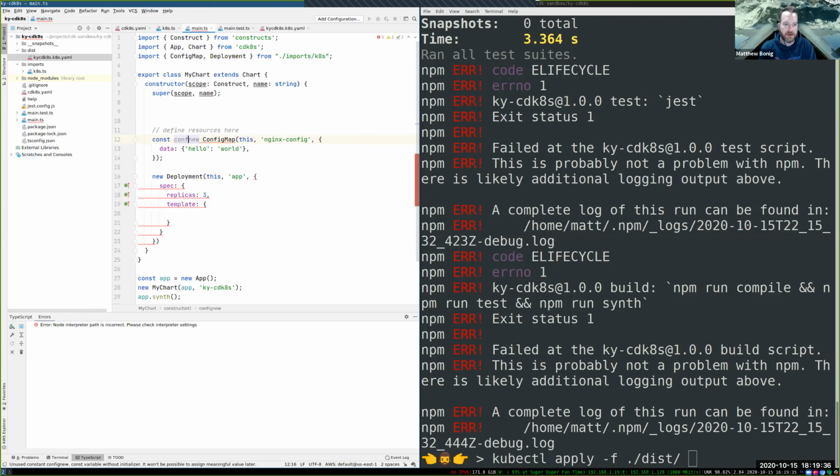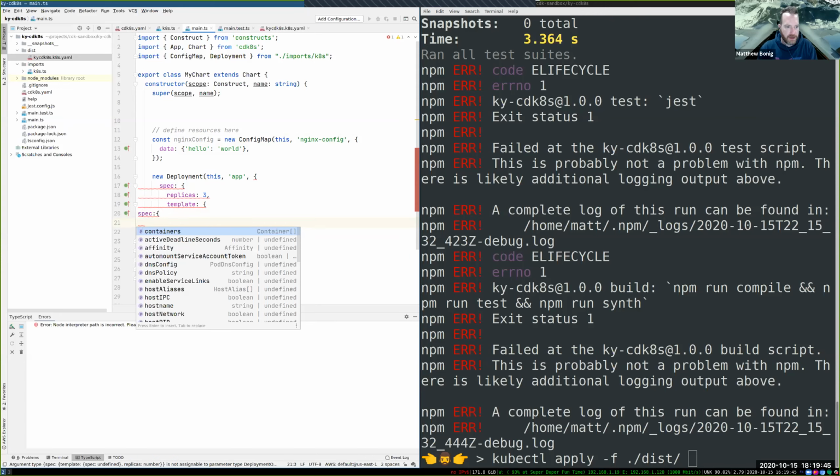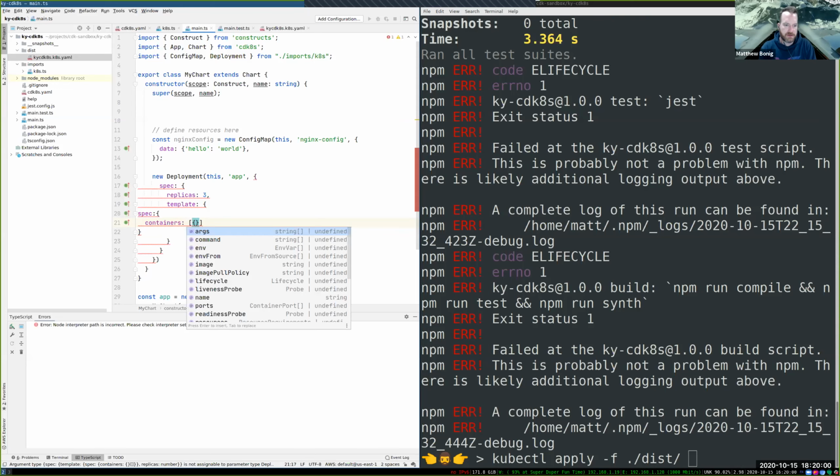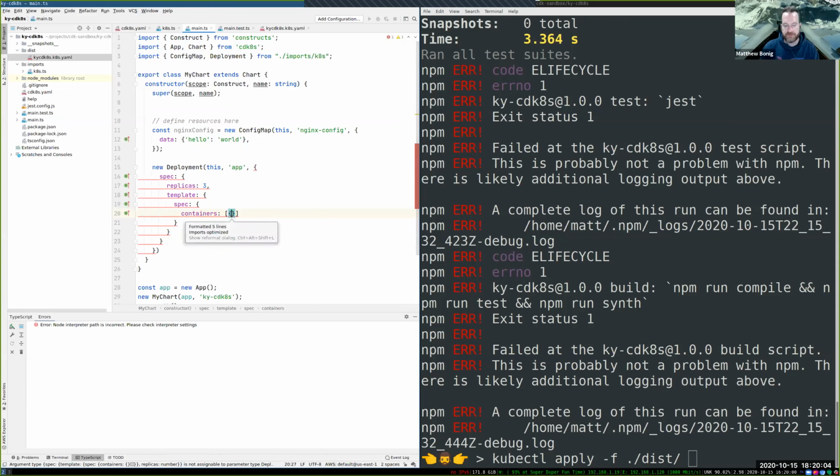I just say, we give it a name. And then down here, let's say I'm down in my pod spec now, and I'm defining things like containers. I'm going to do a new container. Actually, I don't think I need a container object. So now I'm at the stage of defining my containers for this particular deployment.